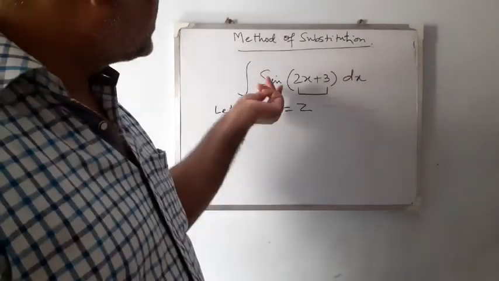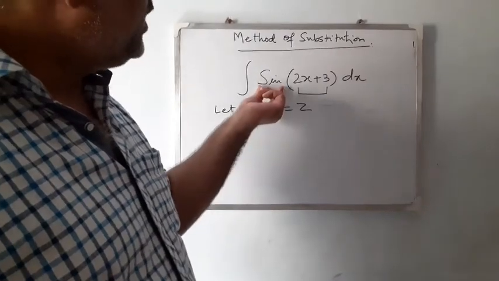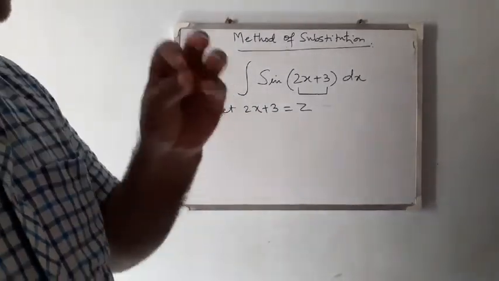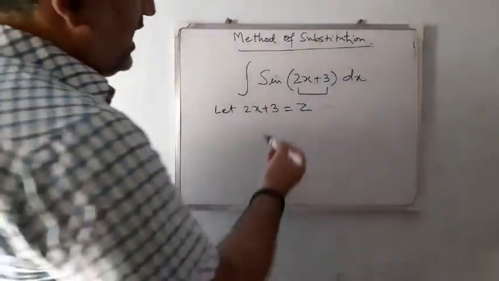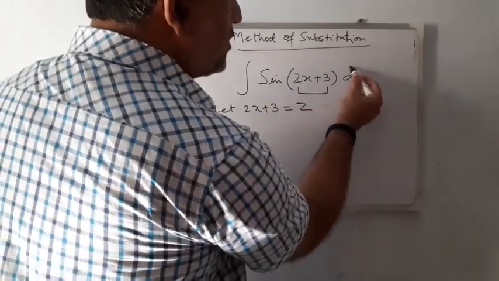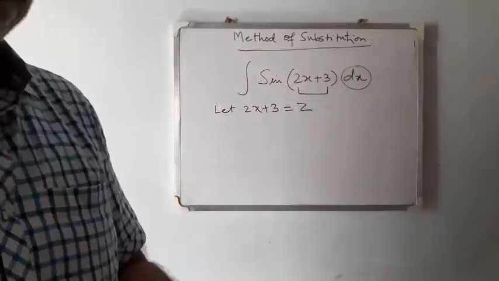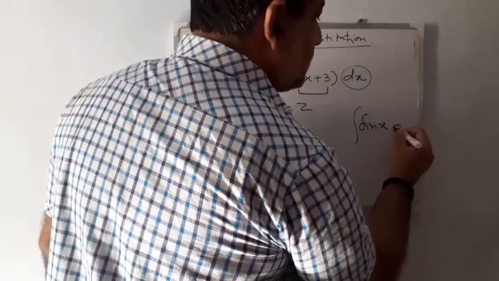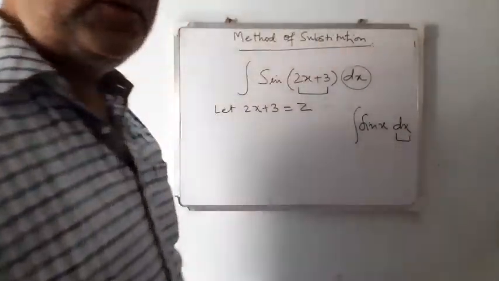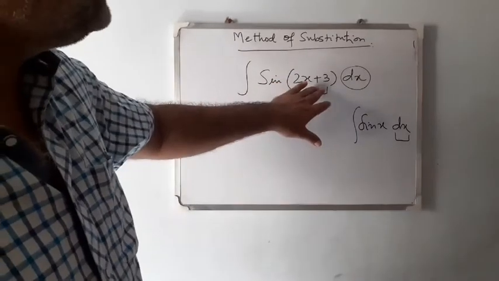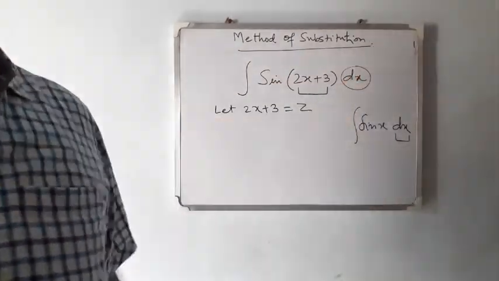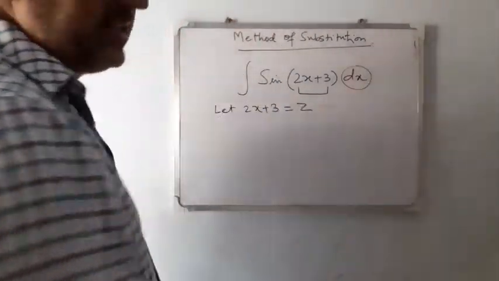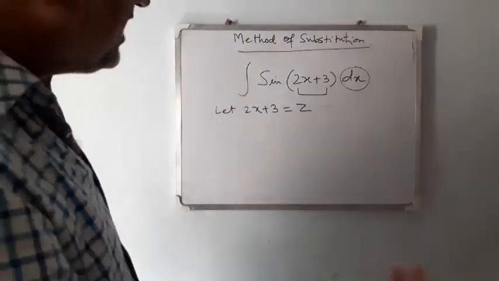Now if we assume this function as z, then we have the integral of sine z, and you know the integral of sine z. But the basic problem is we have to integrate sine z with respect to x. This creates a problem because you know the formula of sine x with respect to x only. So if we have sine z here, then we should have dz here. For that, what we have to do? We have to replace this dx in terms of dz. How to replace it? You just see here.